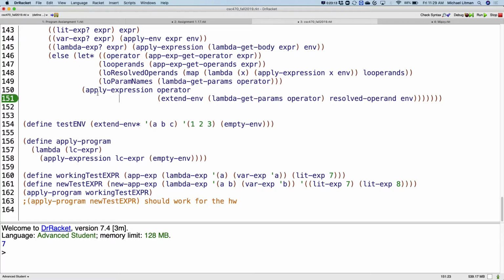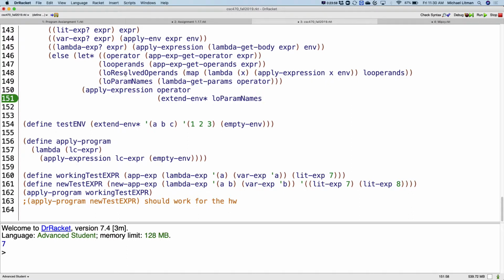All right, so I technically could do that here if I wanted to, but interpreter logic would probably say, if you have a lambda expression, how do you apply it? You call apply expression on a lambda expression, passing it the environment you want it to be executed within. So we'll call apply expression. There's our lambda expression, and it's going to be executed inside of what environment? The extend env star of param names